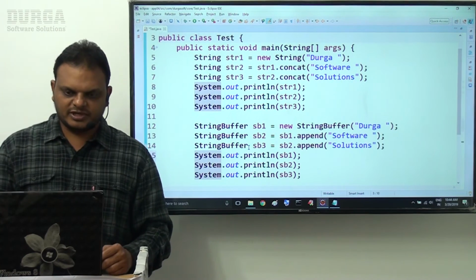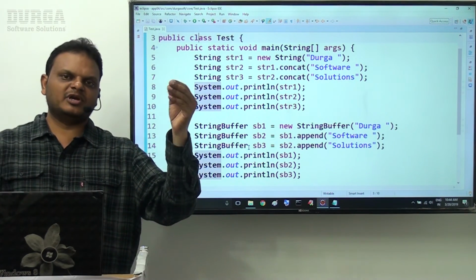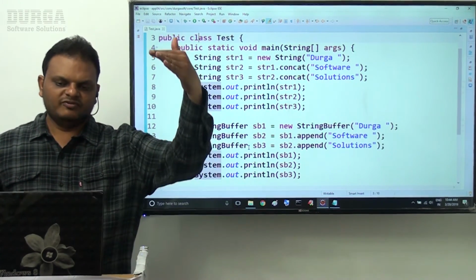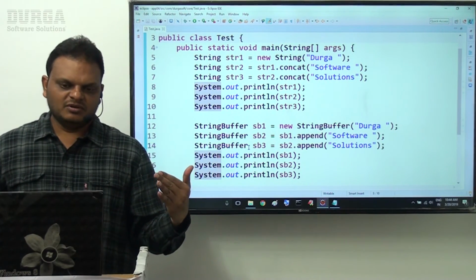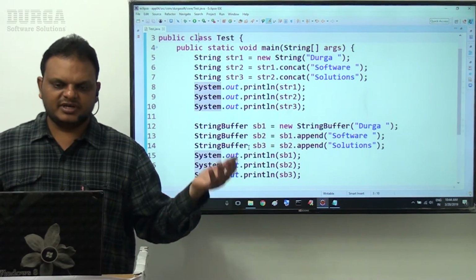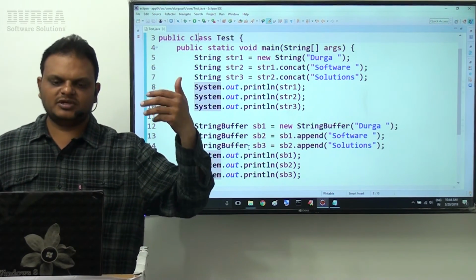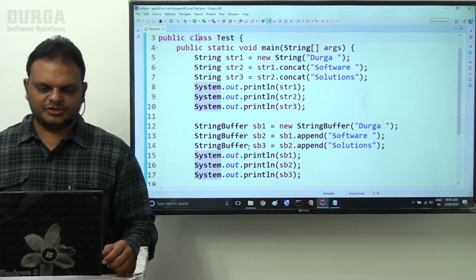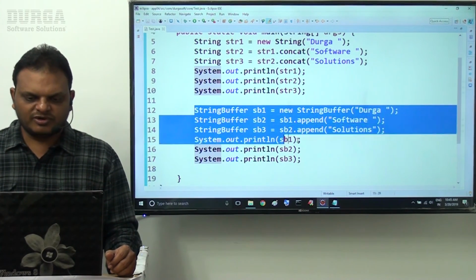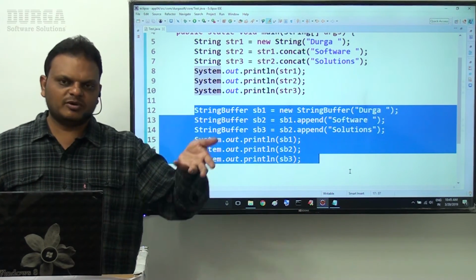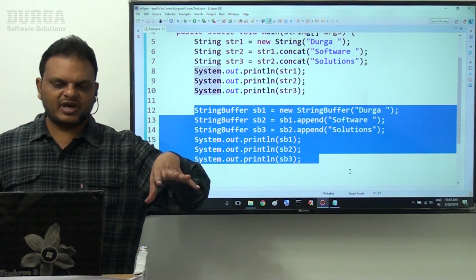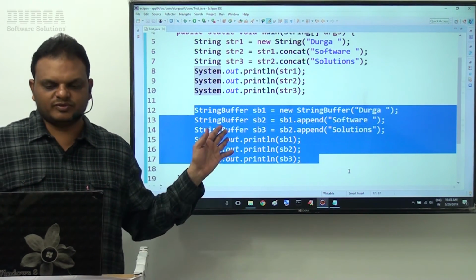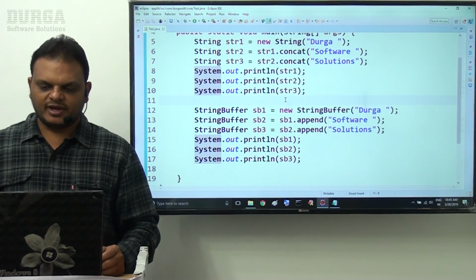Overall, in this program I have taken string objects and I am performing concatenation operations. After completion of the concatenation operations we are displaying each string object: the str1 referred object, the str2 referred object and the str3 referred object. Similarly, with the StringBuffer elements, overall we have 3 StringBuffer objects, inside which we perform the append operations, and after that we display the sb1 value, sb2 value